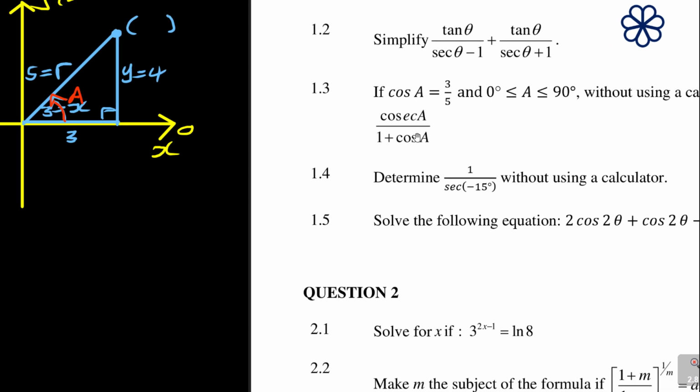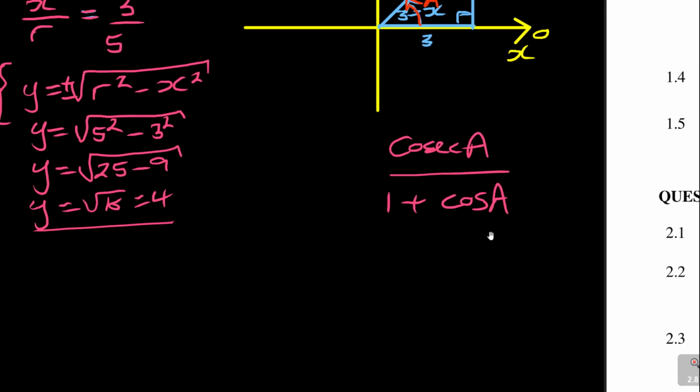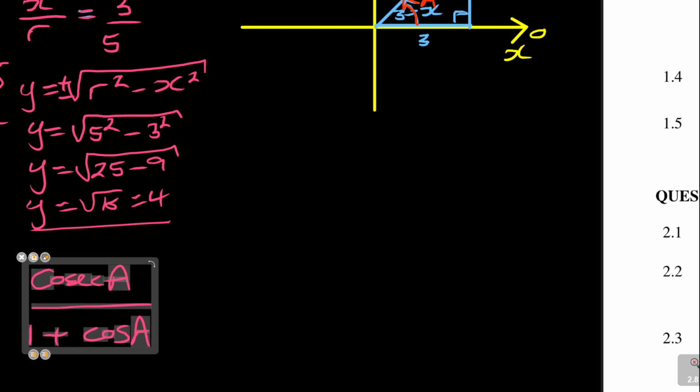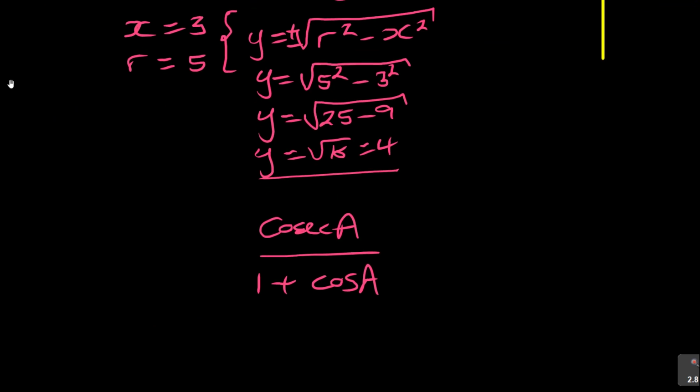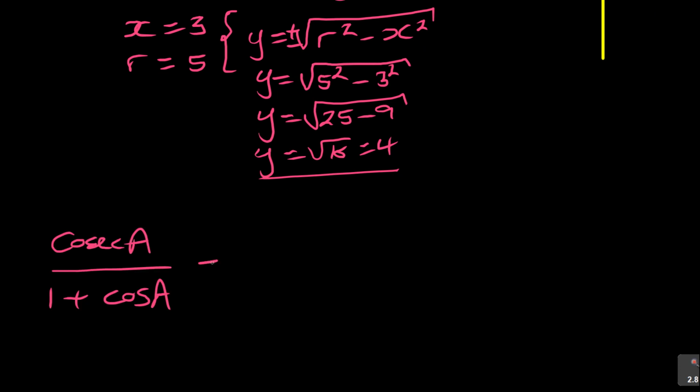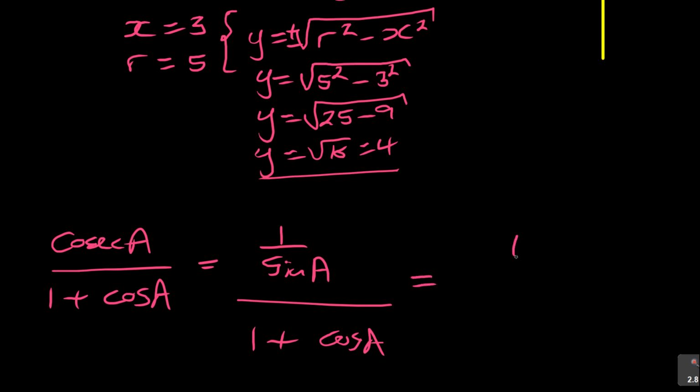Now they say we need to simplify cosec A over 1 plus cos A. Let me write that. I need to simplify cosec A over 1 plus cos A. Alright, so you can see that whatever you want to simplify here is related to the values that we're getting. So for me to simplify this, cosec A over this is equal to, now cosec, remember, is 1 over sine A, over 1 plus cos A, which is equal to 1 over,